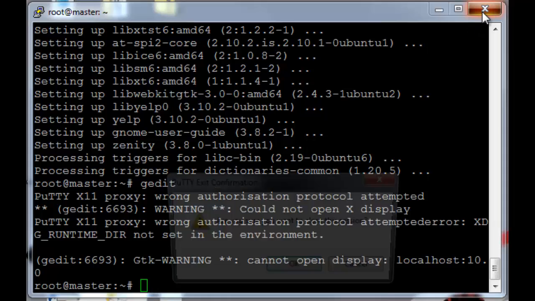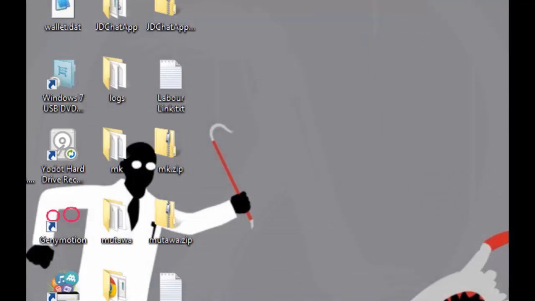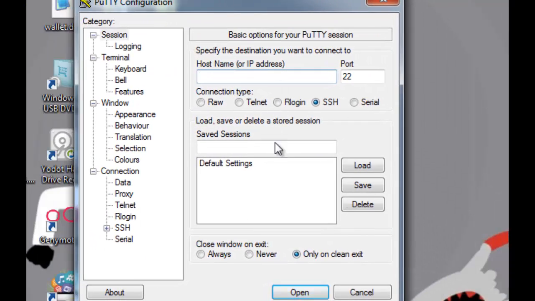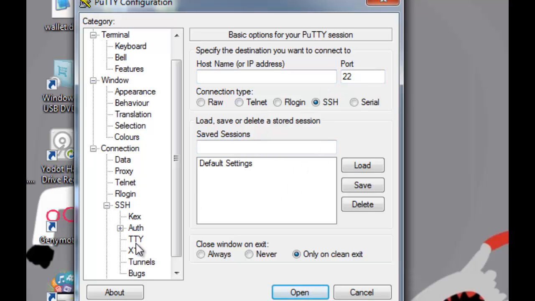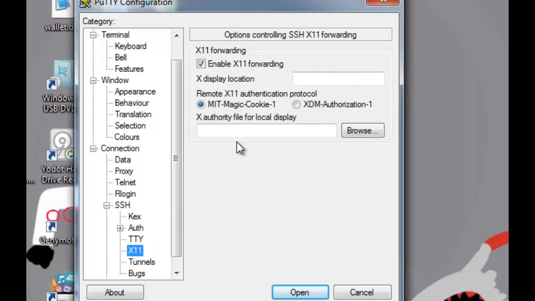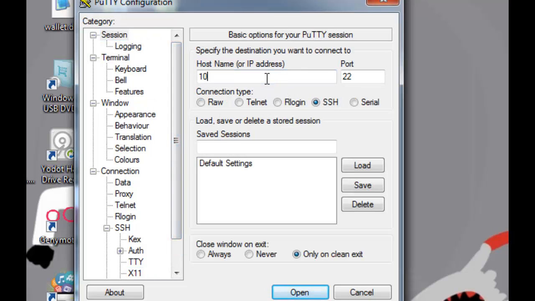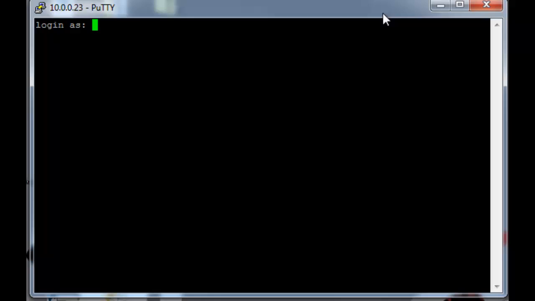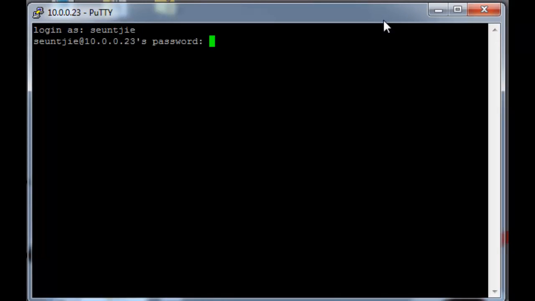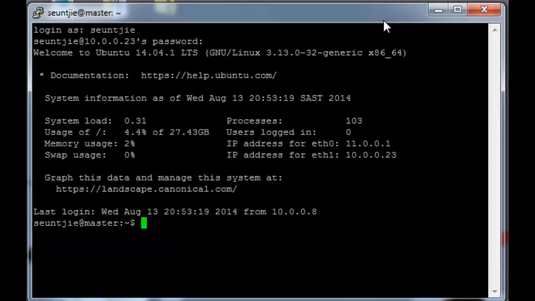Okay, so I'm going to close this PuTTY connection and just open up a new one. Before I actually open the connection, go to SSH and X11 and make sure enable X11 forwarding is ticked, so that you do enable X11 forwarding. So back at the session, log in again. Sudo -i, and then,